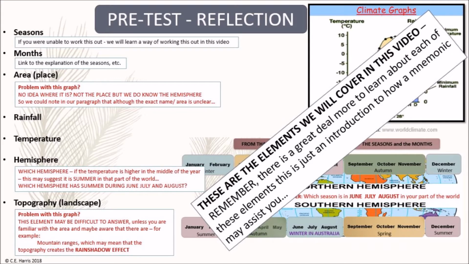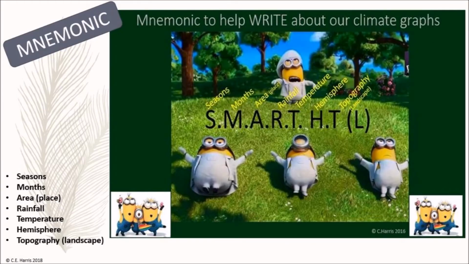You may or may not have noticed that the graph that you were given to do the pretest was incomplete. It did not mention the area or place. Without knowing where this particular place was, it was also difficult to answer the topography question. However, we could cover seasons, months, rainfall, temperature, and even hemisphere with the information we had. This video will touch on each aspect of the mnemonic